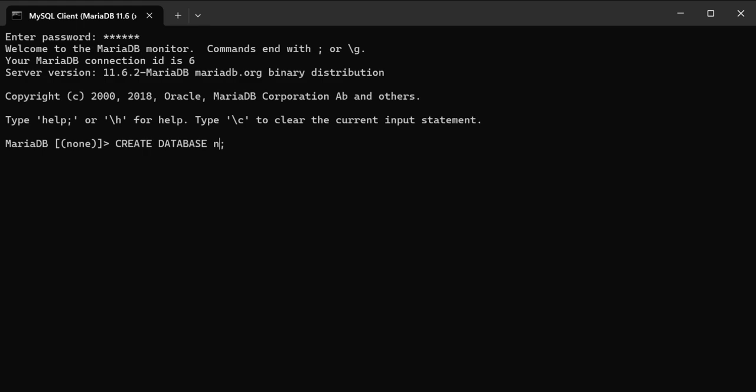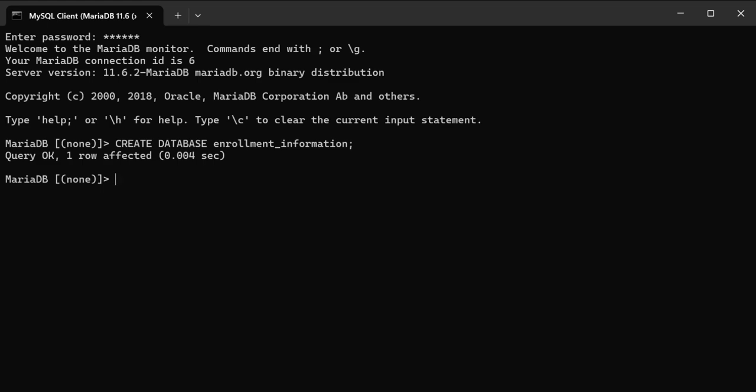So for example, we are going to create a database named enrollment information. So we are going to use the create database syntax. So we have the create database enrollment, then the name of the database, which is information. A new database will be created with the name enrollment information. The query OK here signifies that there is no error in the command being executed.